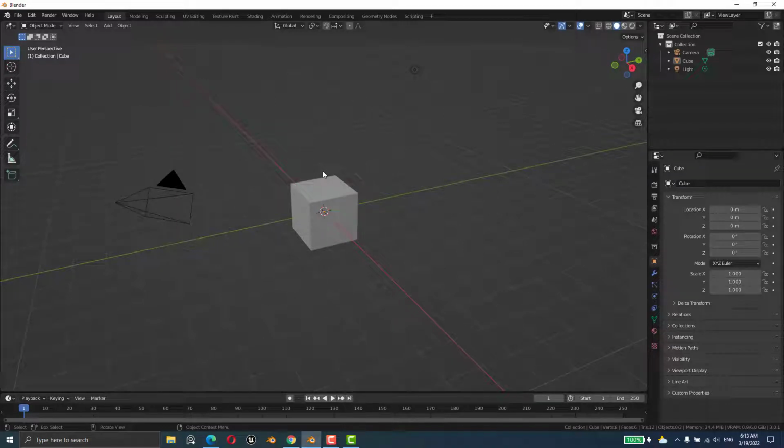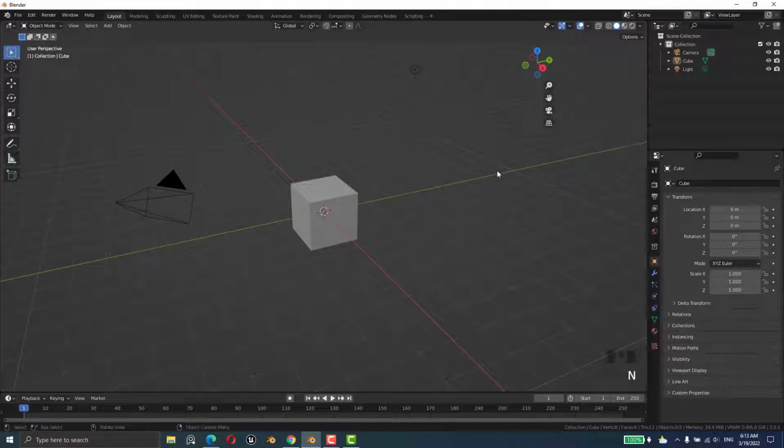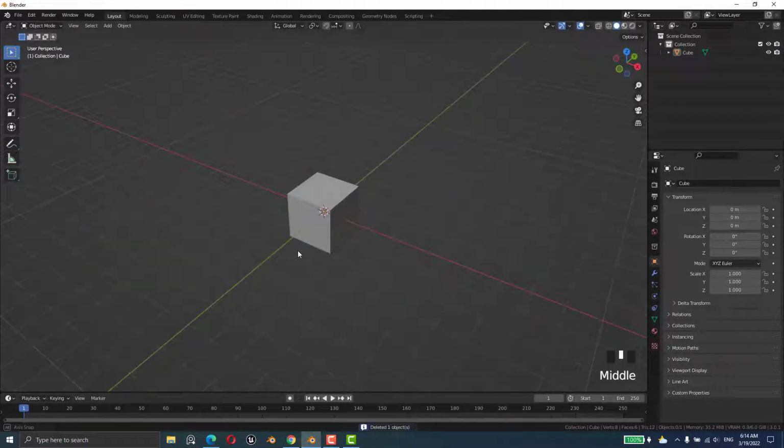In today's video we are going to talk about the snapping tools. Okay? So before that let me open this. Yeah, this is the snap during transform. What we can do is that let me delete this and delete this. We can just